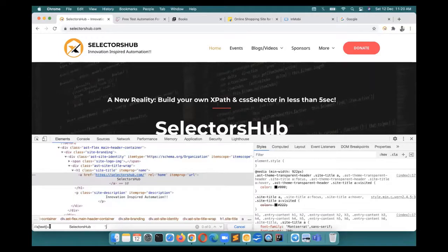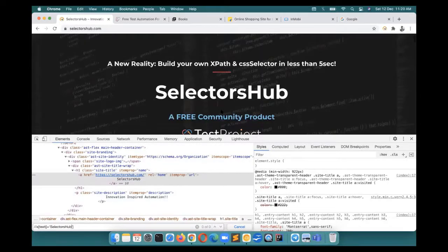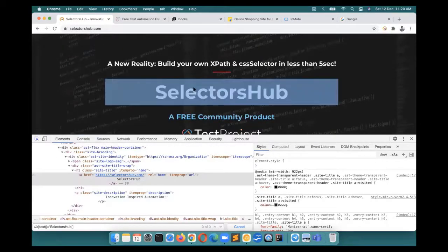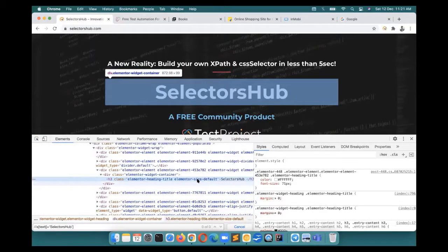Now here there's a junk space, so again, we will have to remove this space manually. And still it is showing 0 of 0. Similarly, for any element, if we have to do the same kind of steps, we will be doing Command F and so on.